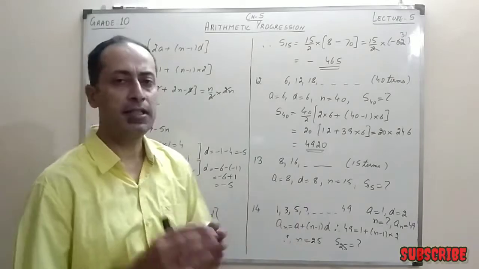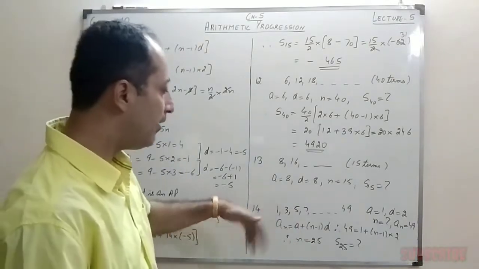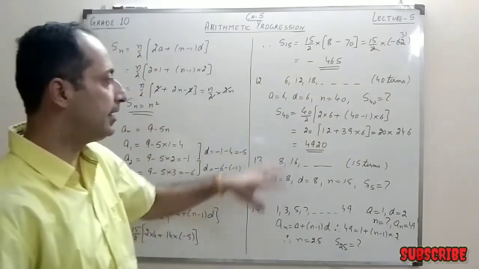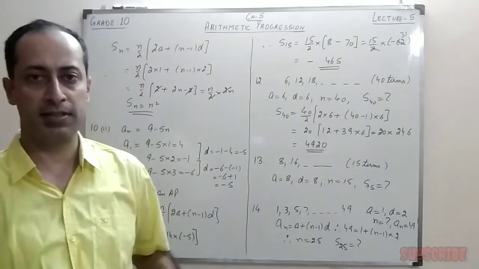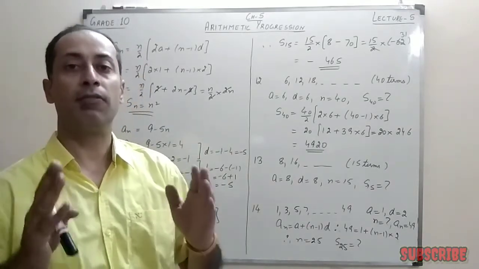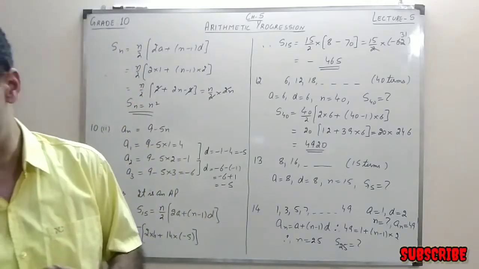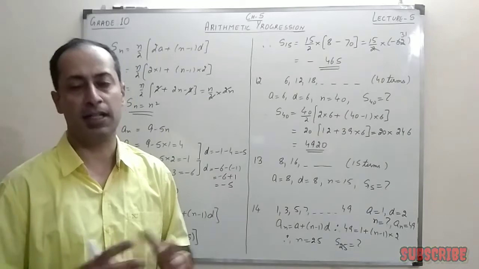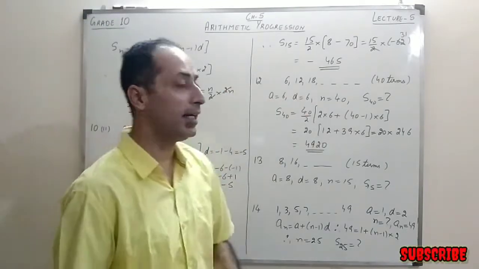Now, I have just left the 11th question because it's a very long question. We will be doing it after this. So first understand these 12, 13 and 14 questions because they are all the same, no differences there. In the 12th question, I have to find the sum of the first 40 positive integers which are divisible by 6. That is the first 40 multiples of 6. So I write the AP.